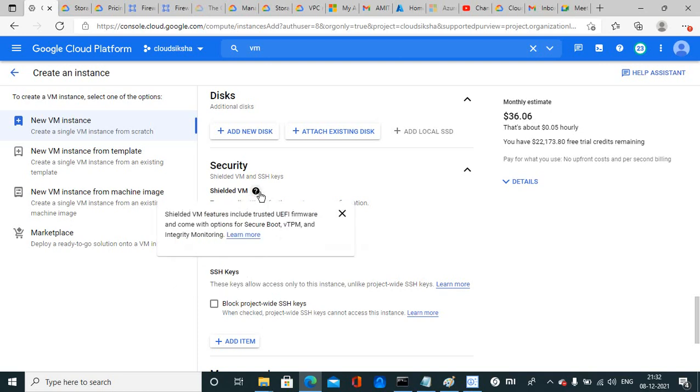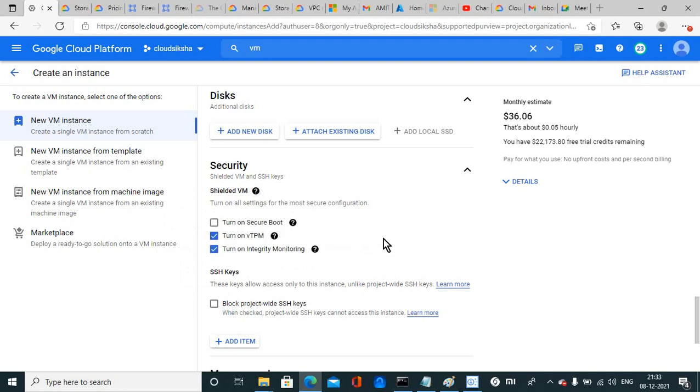So there is an option for secure boot, the vTPM and integrity monitoring. This comes with the shielded VM. Integrity monitoring lets you monitor and verify the runtime boot integrity of your shielded VM instance using Stackdriver reports.